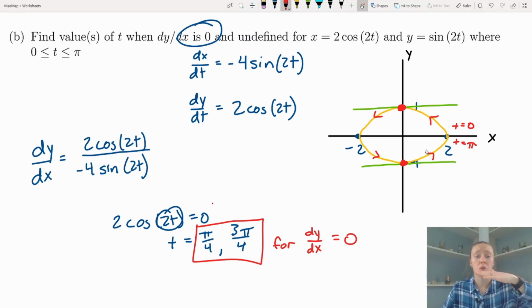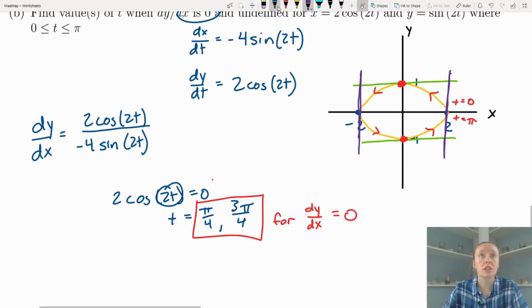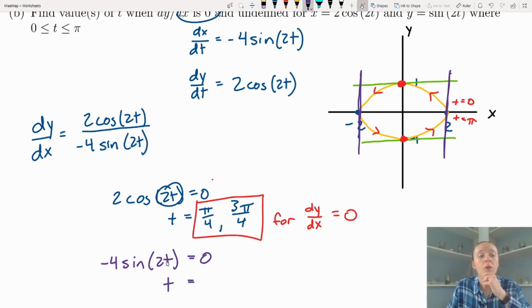Now I have to think about, when is my derivative undefined? Well, as opposed to having a horizontal tangent line, that's when our derivative is 0. A vertical tangent line is when our derivative is undefined. So a vertical tangent line will be at those 2 points, -2, 0, and 2, 0. But what are those t values? That's going to be when -4 sine of 2t is equal to 0, which occurs when sine of 2t equals 0, which the t values for that are,